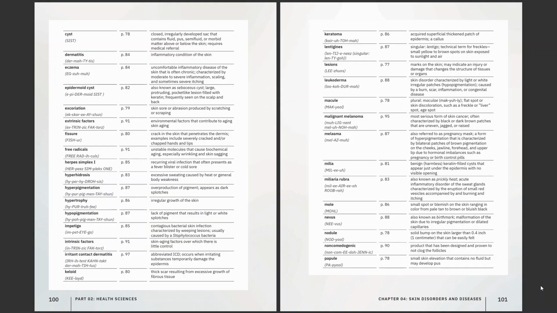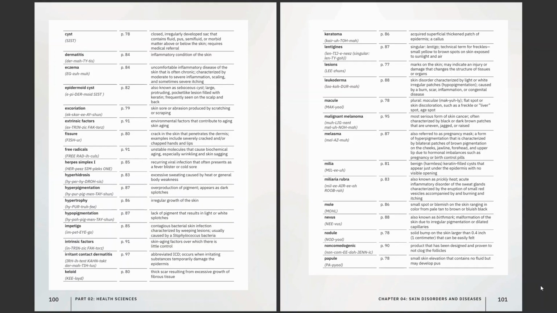Macule, plural macula, flat spot or skin discoloration such as freckle or liver spot, age spot. Malignant melanoma, most serious form of skin cancer, often characterized by black or dark brown patches that are uneven, jagged, or raised. Melasma, also referred to as a pregnancy mask, a form of hyperpigmentation that is characterized by bilateral patches